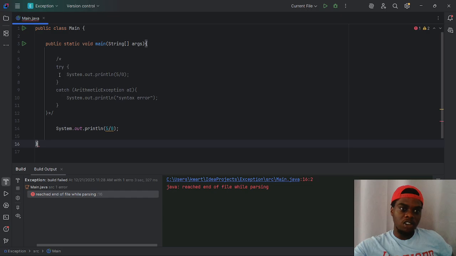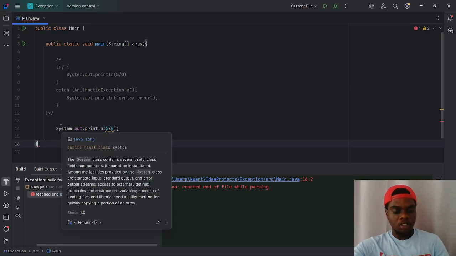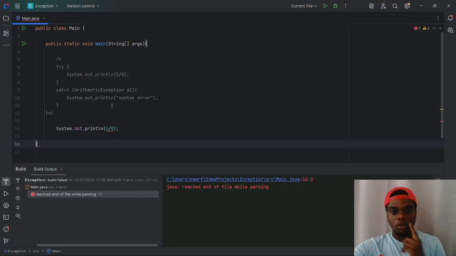So that's when you use the try and catch. Use the try and catch to solve this problem. At least your program doesn't give you an error but runs to completion. So taking this out,